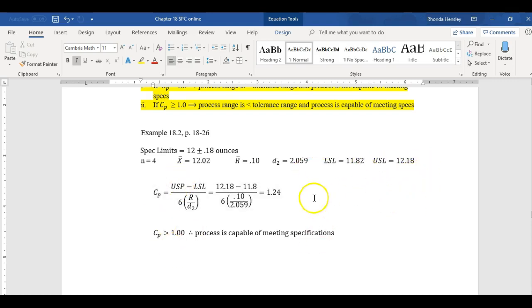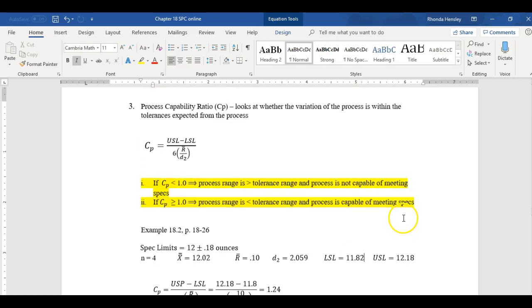So I put my numbers in. I've got my 12.18 minus 11.8 in the numerator. The denominator, I've got 6 times my average range of 10.10 divided by 2.059. That's my D2 value. And I came out with a measurement of 1.24. Since my process capability ratio is greater than 1,